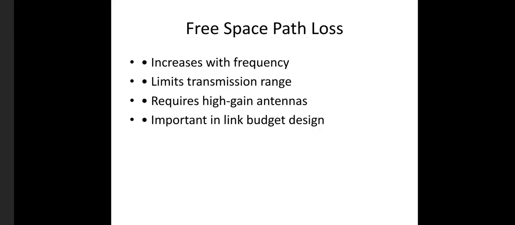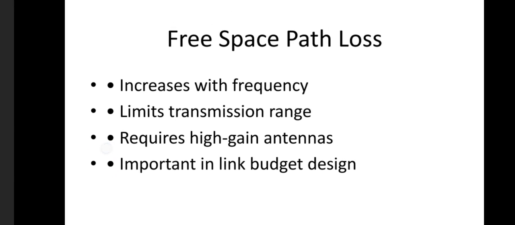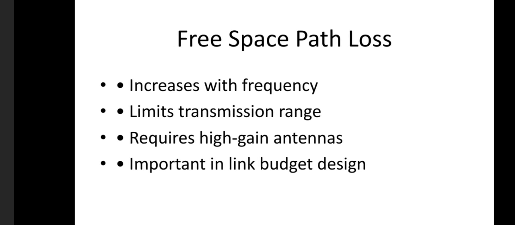So the next important concept is free space path loss. Free space path loss increases with frequency and limits the transmission range, and it requires high gain antennas. Antennas may be classified into different varieties like high gain, highly directional, and high bandwidth. The antennas may have a high radiation pattern, or be highly powerful, or it may be a rectenna. Based on these things, millimeter wave communication usually requires high gain antennas,